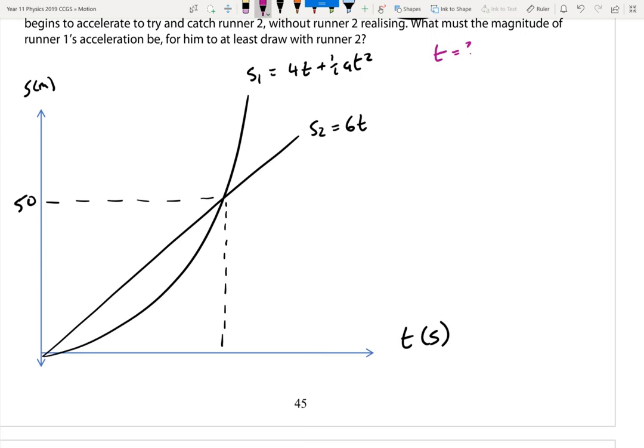So here the easiest one would say, well, let's go 50 equals 6t. It's a hell of a lot easier to use that because that doesn't have an unknown variable, we don't know a. So therefore t equals 8.33 seconds. So now what you're going to do is you're going to set S2 equal to S1